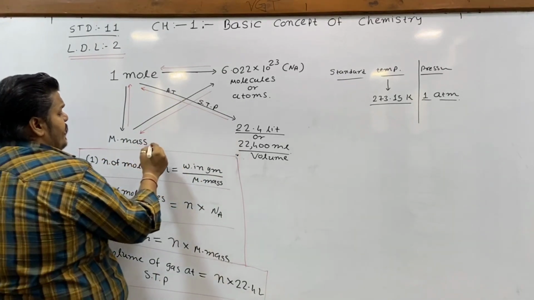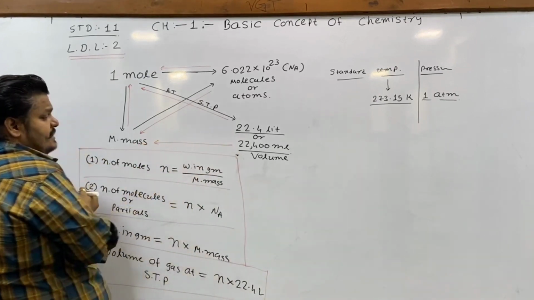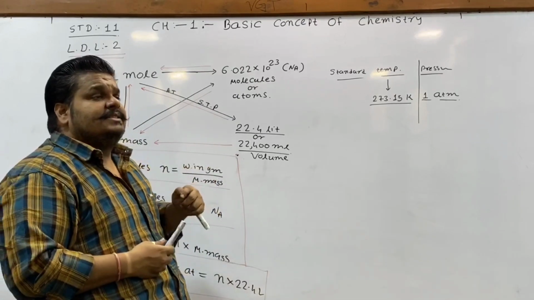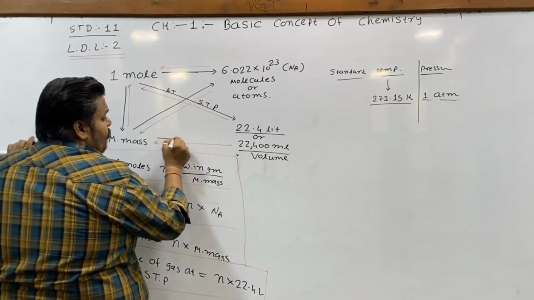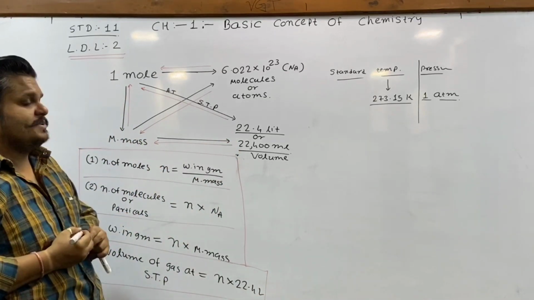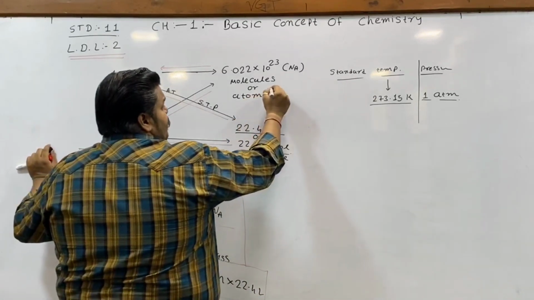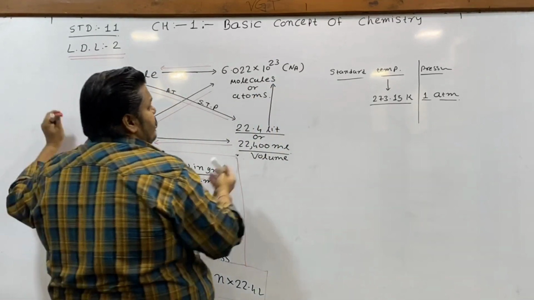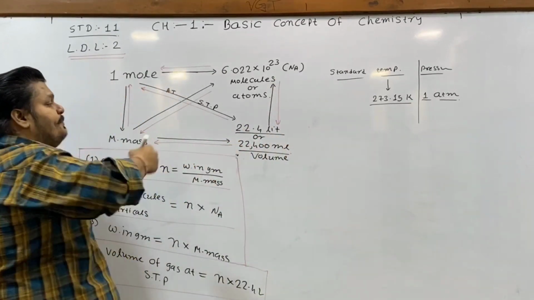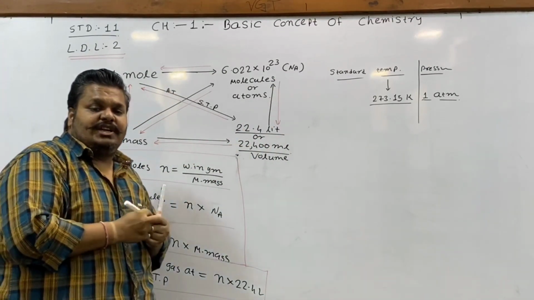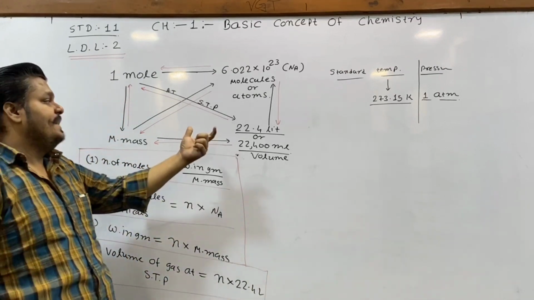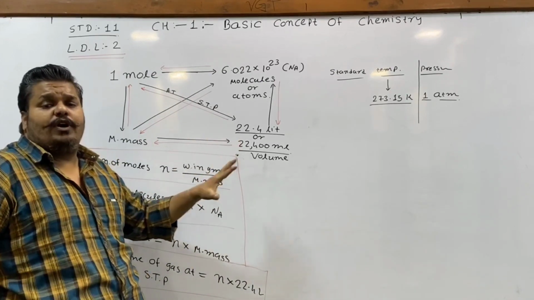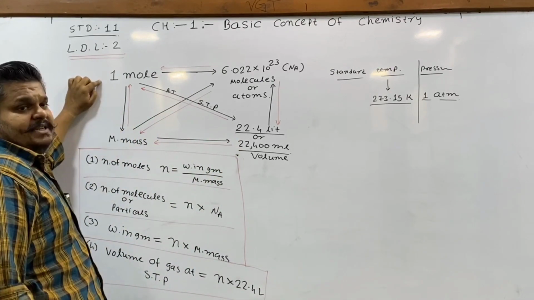We can also convert liter or volume to molar mass. Suppose we have 22.4 liter volume for any gas at STP, then it is equal to molar mass of a substance. Similarly, number of molecules can be converted to the volume and volume can be converted to the number of molecules, and that's why the previous triangular relation now has been changed to a quadrilateral relation.